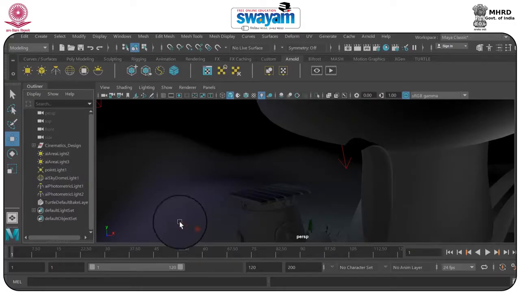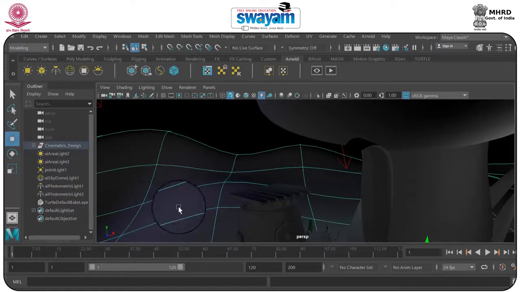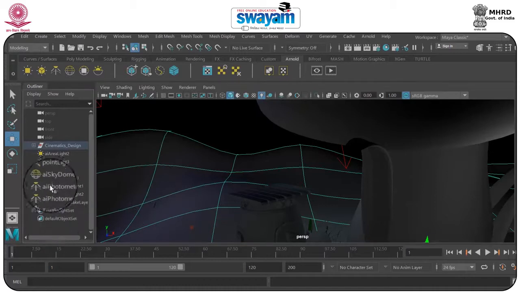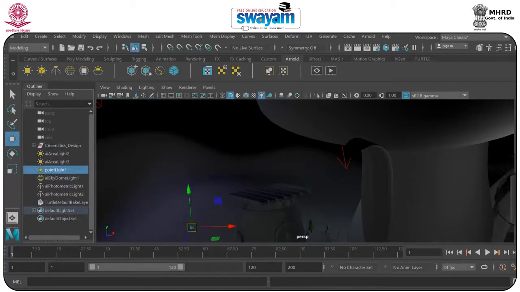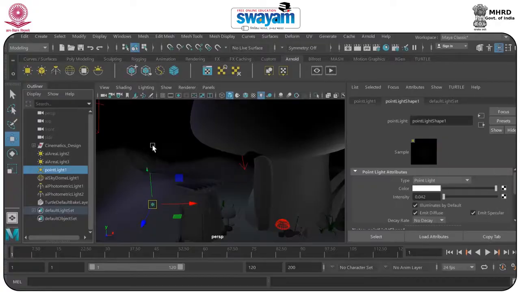If you want to select this point and you can't select it because there is a mesh also, make sure that you rename each and everything properly, otherwise you will be in trouble later if you have very many things inside your scene. So you can also change the name from here.